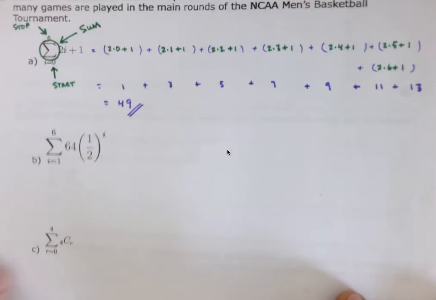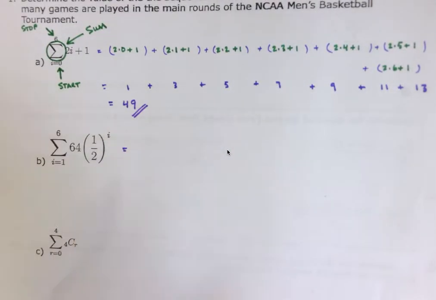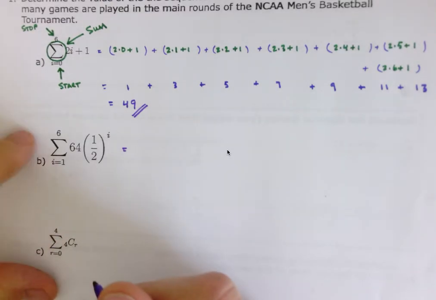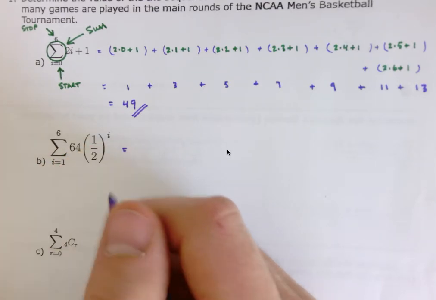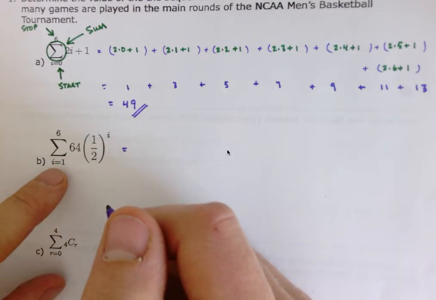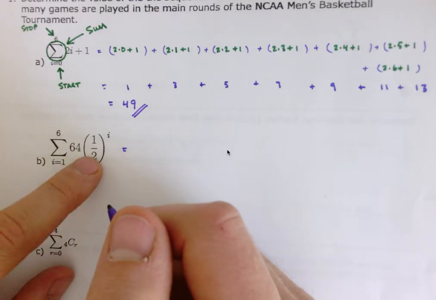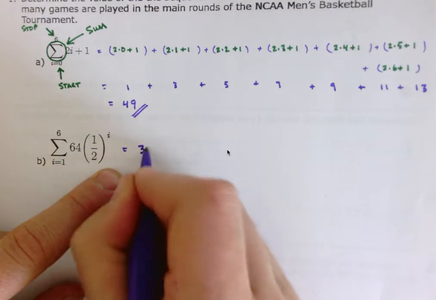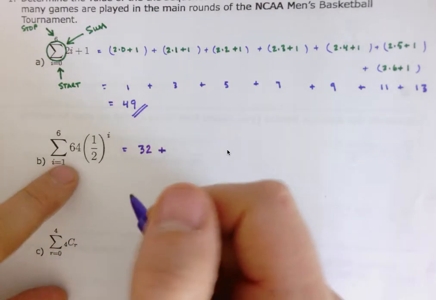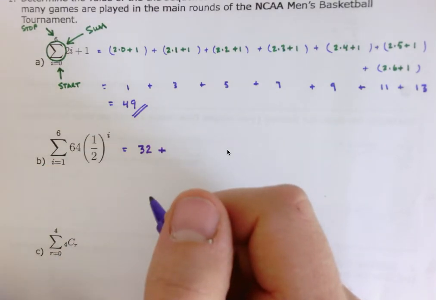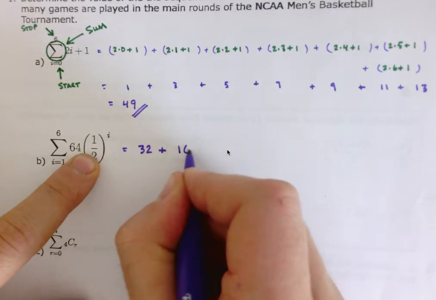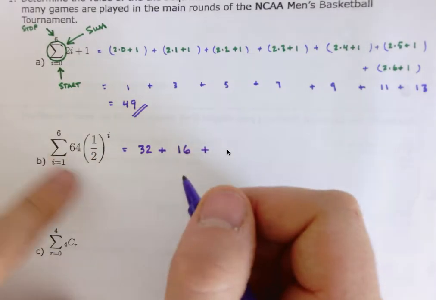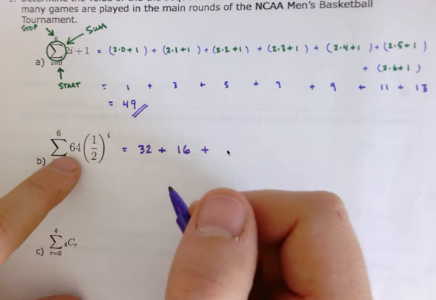Let's do another one. In this case, we're starting with I equals 1 and going to 6, where we're going to plug them into 64 times a half to the first power. So 64 times a half to the first power would be 32, plus 64 times a half to the second power would be 64 times a fourth, which is 16,